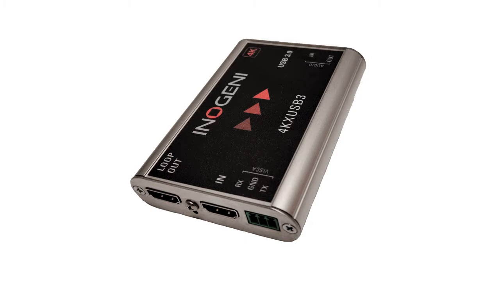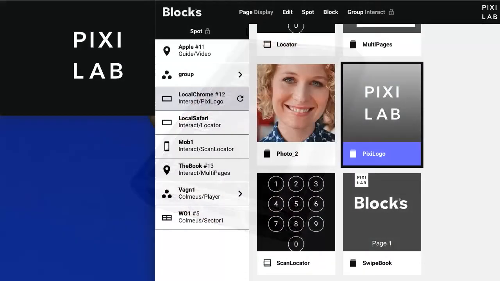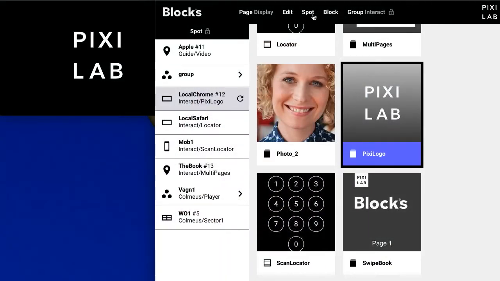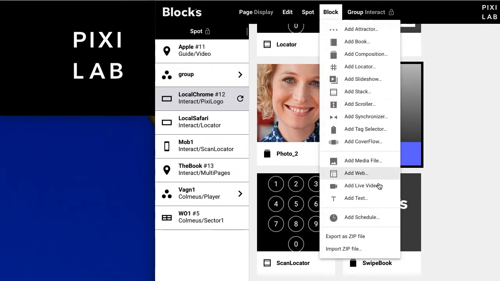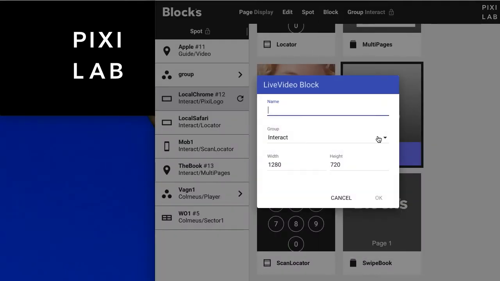Essentially, they take in something like HDMI or SDI and convert it to a USB, typically USB 3 feed that you then bring into the player, and the player can then bring that on screen. And the way you would do that in Blocks, once you have it connected to the USB connector of the player, is that you add a live video. So that would be your live feed,